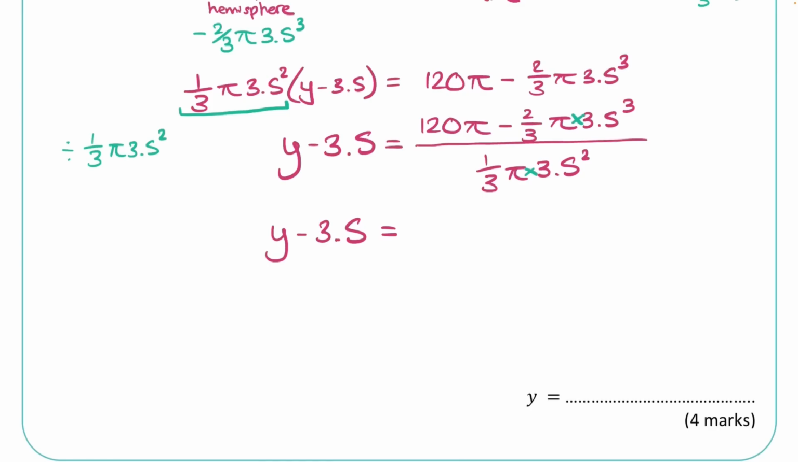So I'm going to put times 3.5 cubed. On the bottom, I've got 1/3 pi times 3.5 squared. And again, I'm putting that times sign in. And lovely, that does give me an answer. It's happy with that. And it came out as